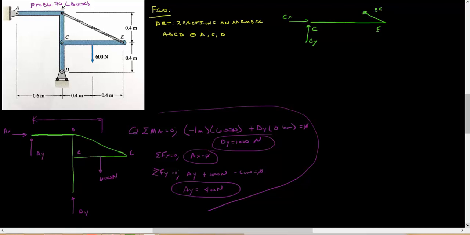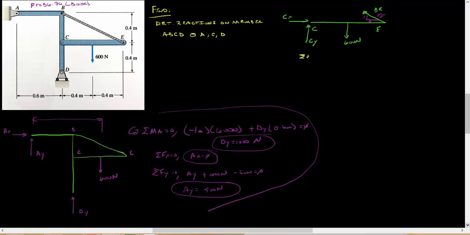And I'm going to have 600 newtons here. And this here is going to be a 1/2 square root of 5. And what else we got? That's about it. So, by looking at this, if I sum my moment at point E, I could solve for